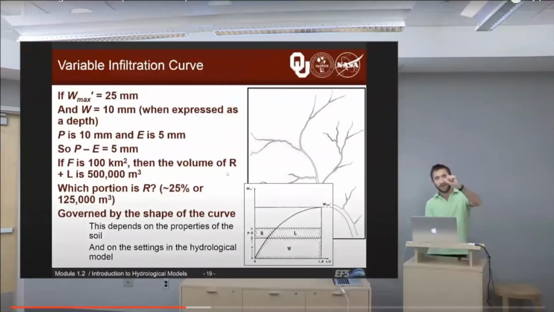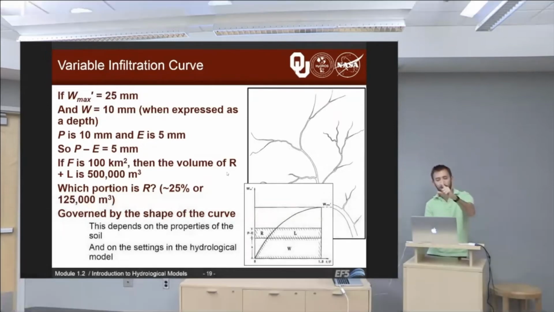So we add 5 millimeters of water to the 10 millimeters of water that was already in W. If big F is 100 square kilometers, then the volume of R plus L has to be 500,000 cubic meters. And we want to know which portion